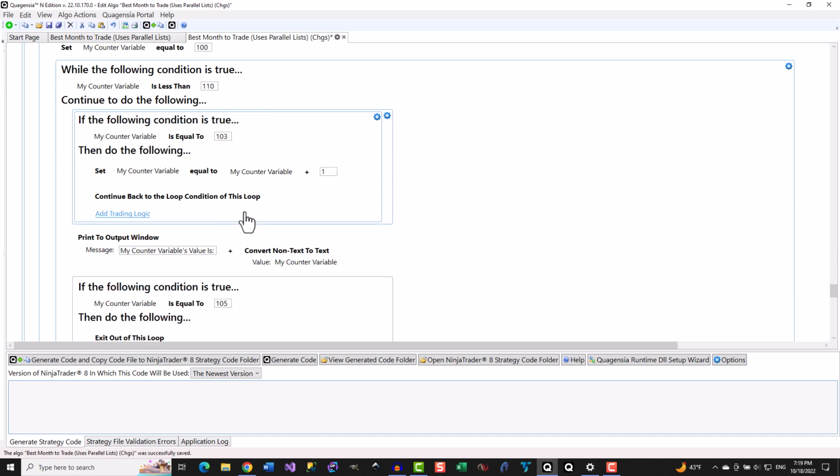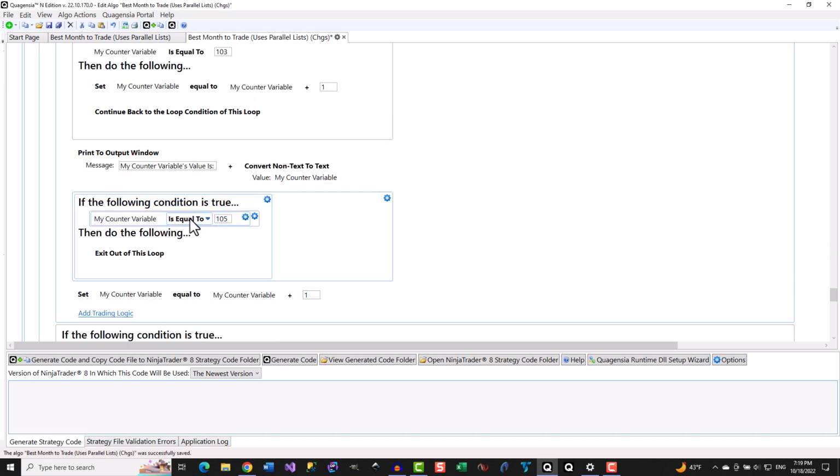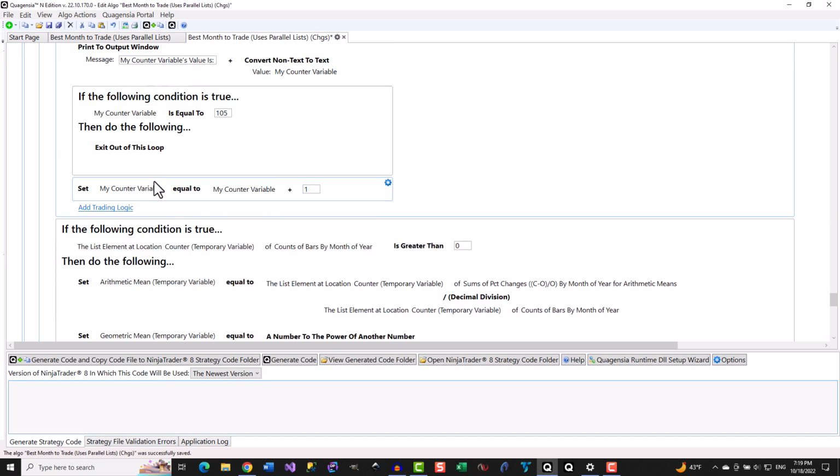And finally, this condition will be true, causing the Exit Out of This Loop action to execute, which causes the execution of our strategy to jump outside the loop to the action directly beneath it, which is here.